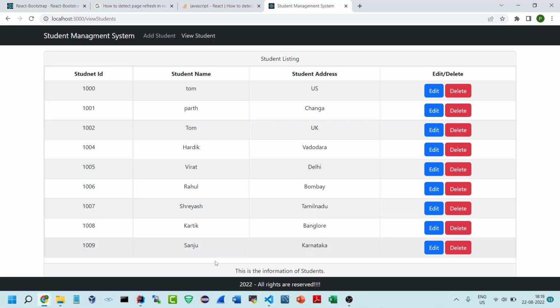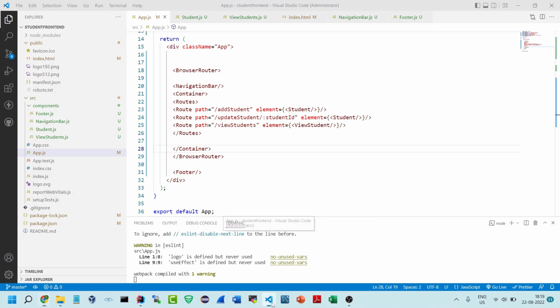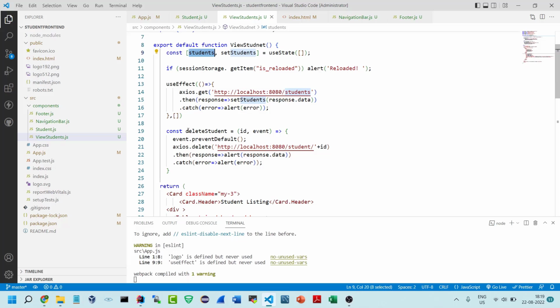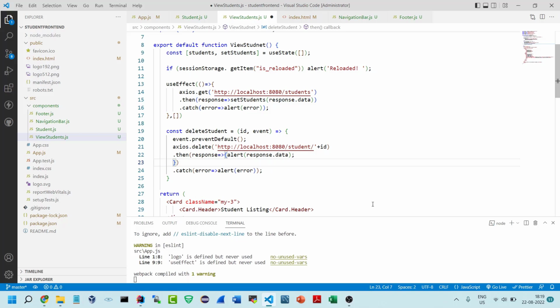To do that, we will go to the view student.js. Inside that, we will go to the delete student function, and here we are going to write some code whenever there is a response. Obviously we want to have the alert. As I'm going to write more than one line over here, I must use the curly braces. That's why I have put the curly braces at both ends. And then on the next line after the alert,